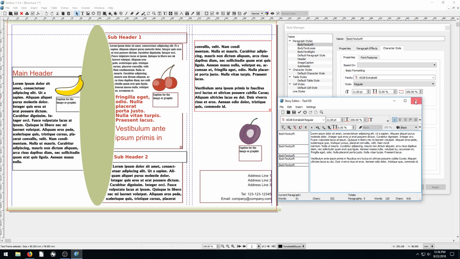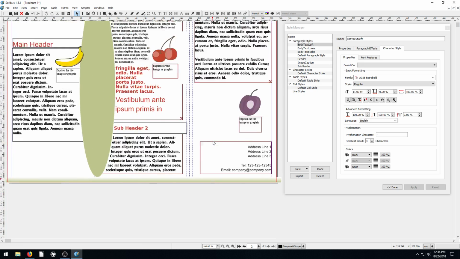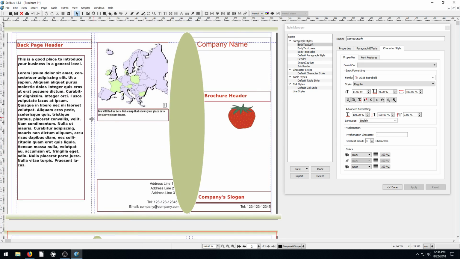So play with that. I don't want to get too crazy too quickly, but go ahead and play with that a little bit and learn how to create different styles. It's really going to help give your documents a consistent feel. If you're producing a regular publication all the time, it's very quick. You can go through without having to